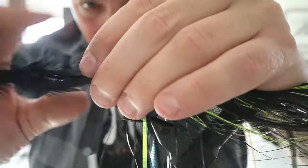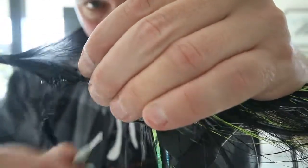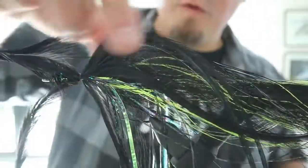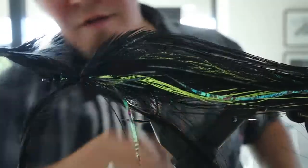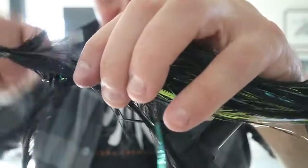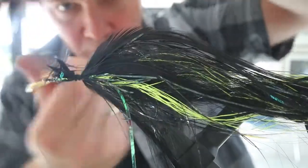Gonna tie these down on the other side, like so. I've used 6 now, and I think that's probably appropriate, like that. These move quite a lot different from all the other materials, and that's why I really like to have them in my pike patterns. Also, I do not cut them off completely because I want the front part here of the hook